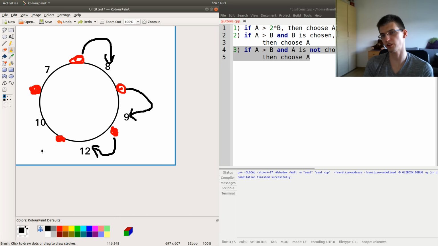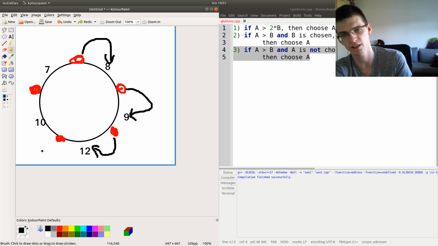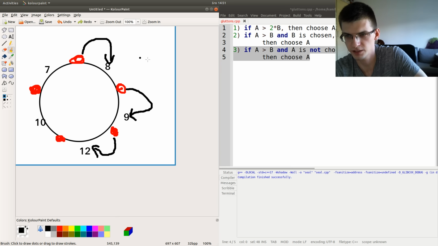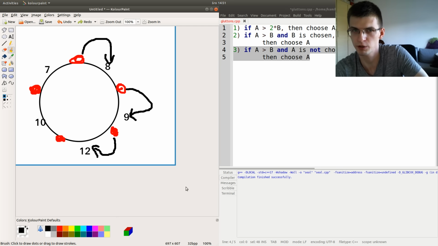The question is whether we would keep improving the whole scenario in some way, or maybe we would get into an infinite loop. Also, the question is whether this would be fast, so whether we could implement that in O of n, or maybe n log n complexity. I don't know. I think it's better to still examine this approach, but maybe we should later switch to the other one.